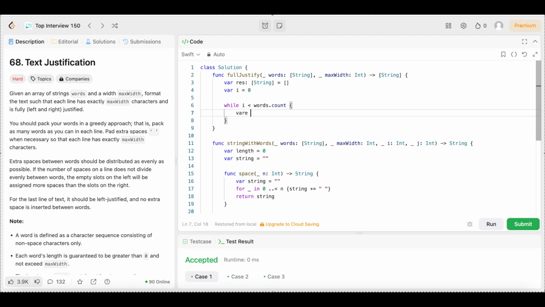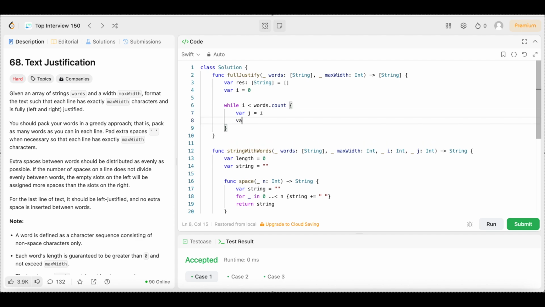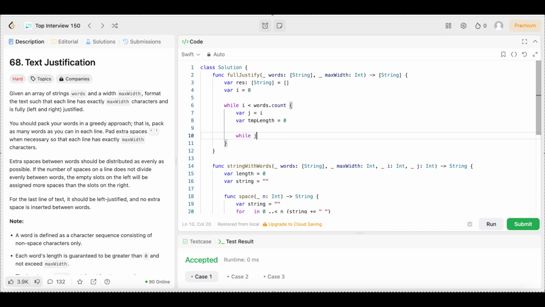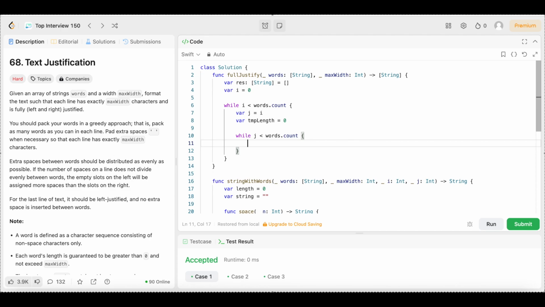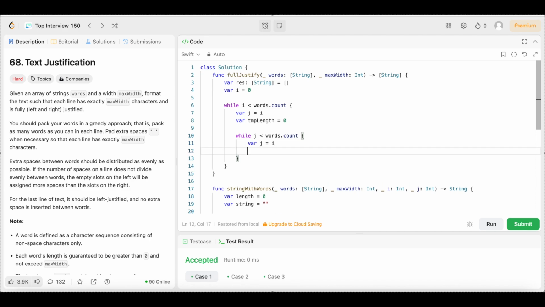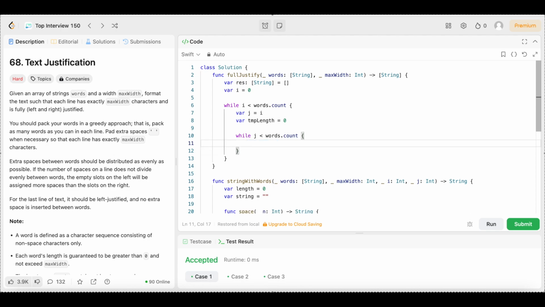We're going to declare variable j equals i. Then we're going to come down here, variable tmp length equals 0. Then we're going to say while j is less than words dot count, open up the brackets. We're going to declare variable j equals i. Then we're going to declare another variable. Oh no, excuse me, y'all. I'm moving too fast. We already did that, so we're going to say while j is less than words dot count, we're going